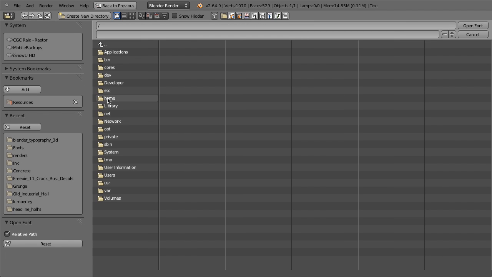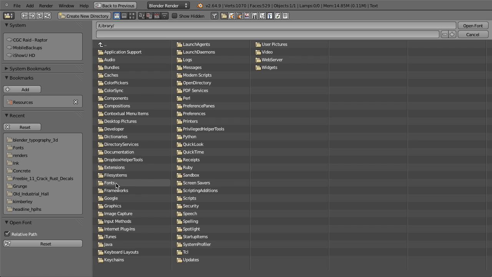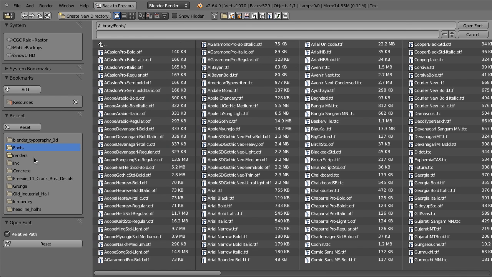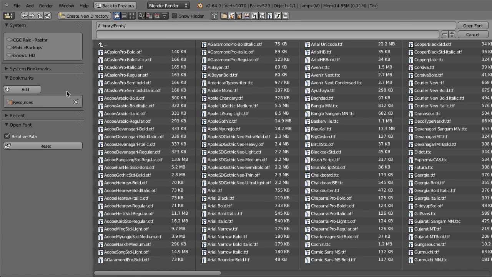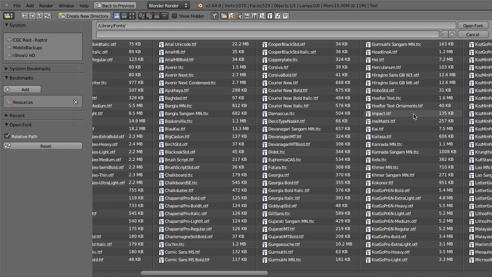In my case, I'm going to go to my library and fonts. So this is the system font library. Depending on the system you're on, in Windows I think it's in /Windows/Fonts, in OS X it's in /Library/Fonts. I'm not sure where it's at in Linux, but as long as you have your OTF font file, you should be fine. The font that I'm going to use is one that's included with Mac OS X,